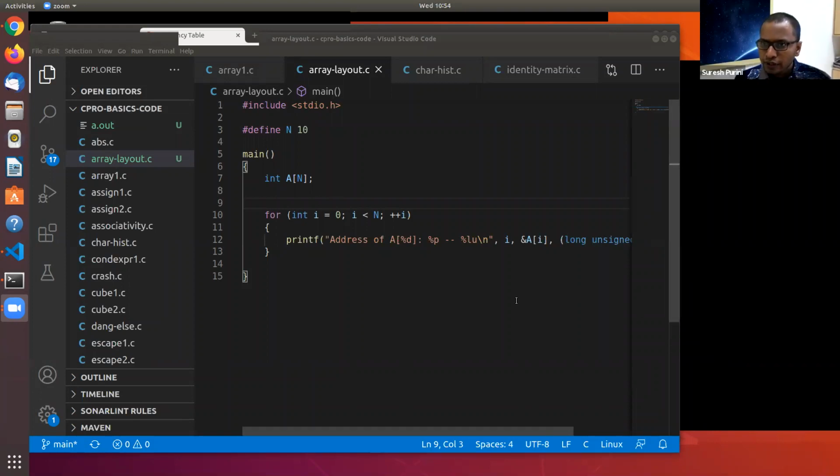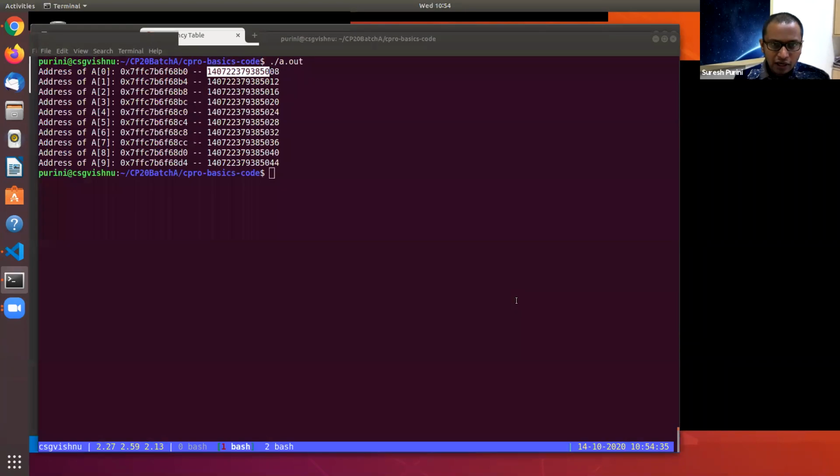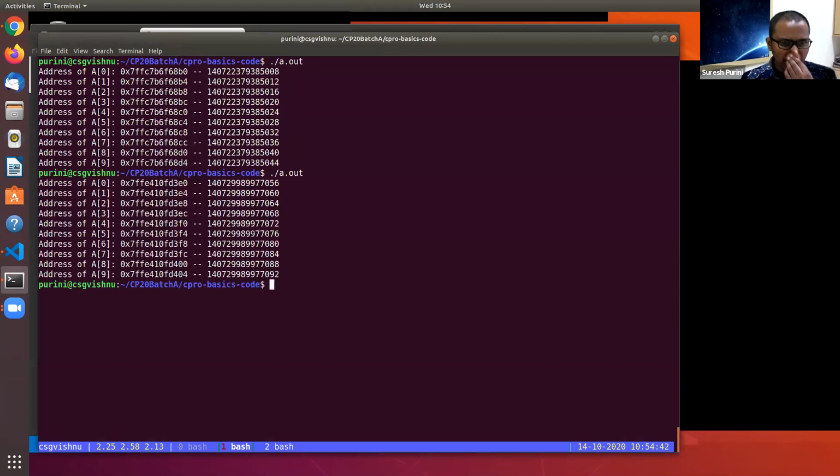Next question. Now, if you see, the address of a of 0 is different from the address of a of 1, but broadly speaking, they will fall in some address range.